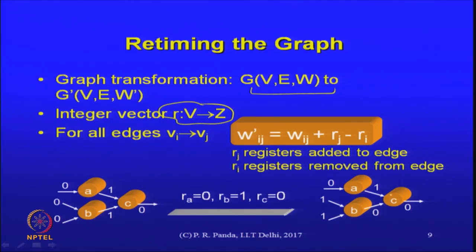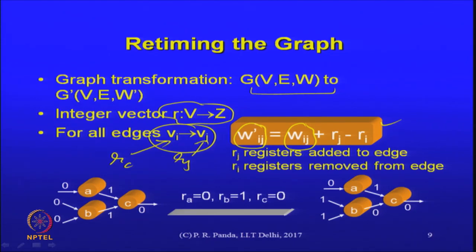So, the retiming of the graph is just represented as a vector of integers, an array of integers, one for every node, that is all. The transformation we can represent like this: for every edge Vi to Vj, there is a retiming number Rj, because j is the output node. If there is a retiming value Ri for the node Vi, then Wij was my original edge weight from Vi to Vj. The new edge weight is given by